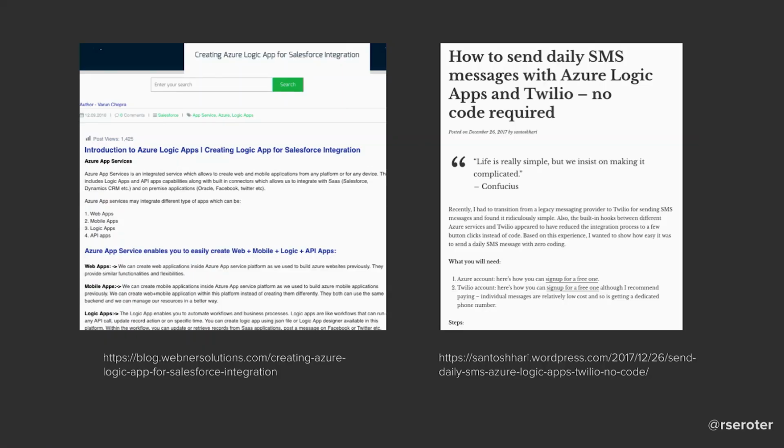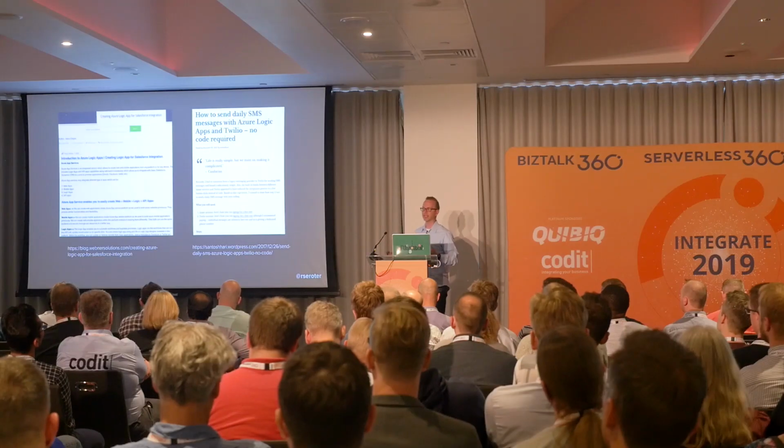So some things to point you to here, right? These were mentioned yesterday a couple of times, but things like Salesforce and Twilio are really easy to connect to with Logic Apps. Let's make our life easy. Let's not reinvent the wheel where we don't have to. They've already solved this problem. So let's not purposely create our own clients to these sorts of things.